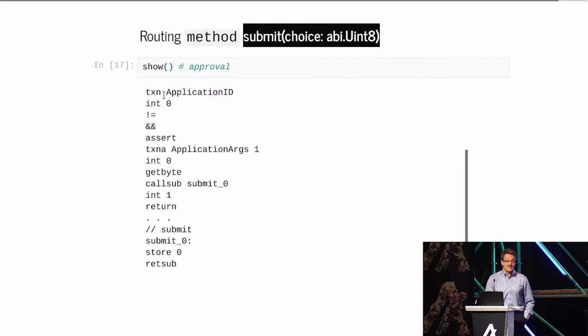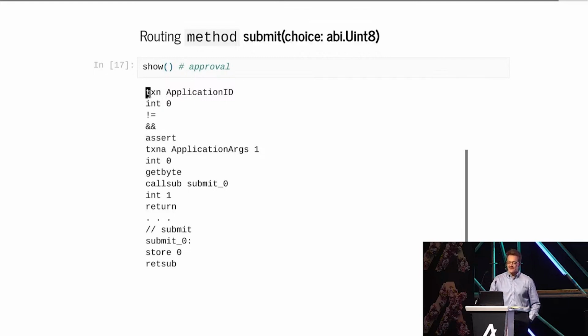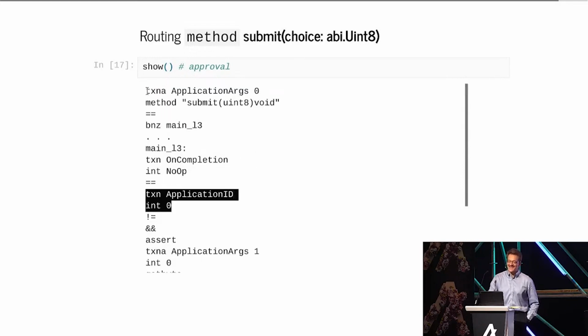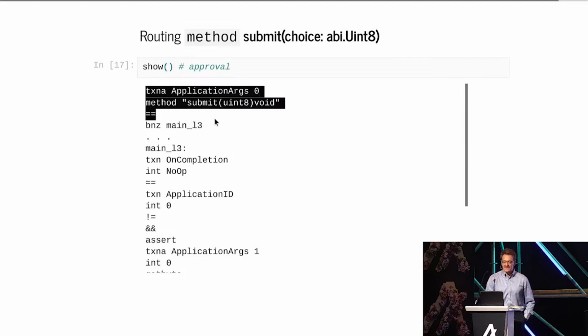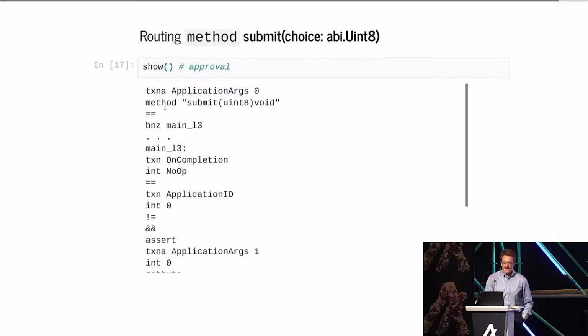And remember, the router is answering 3 questions, M, O, and E. M is for method. Now we're at the top of the code. M is for method. Which method are we in? So it gets the method from, remember the index, the first argument is reserved for the selector, so that's index 0, and it compares it